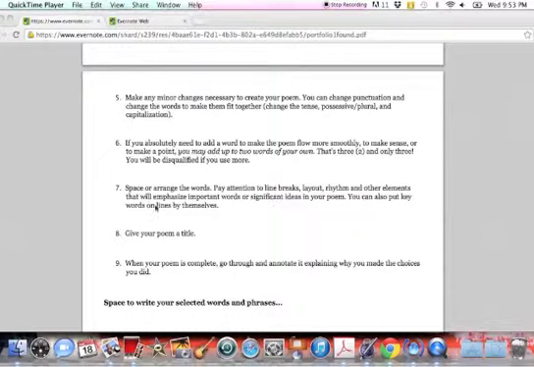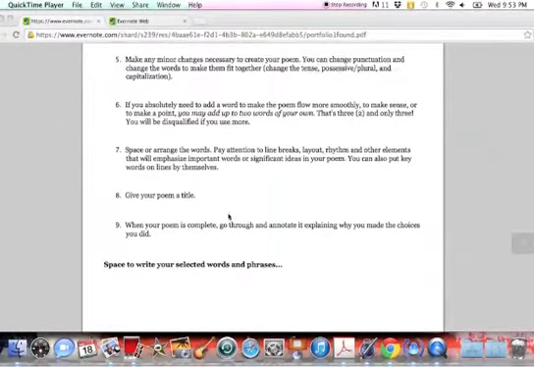This is really, really important because the words on the page are prose, so you are going to space them out so they are poetry and look more like poetry, and line breaks are really important with that. I'll show you what one person did that actually won the contest, and then I'll show you what I did in a moment. Lastly, you'll give your poem a title.